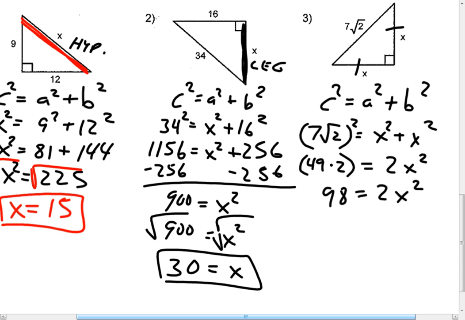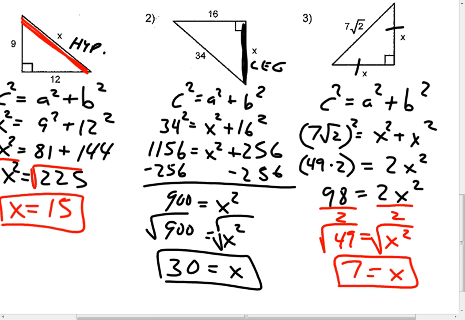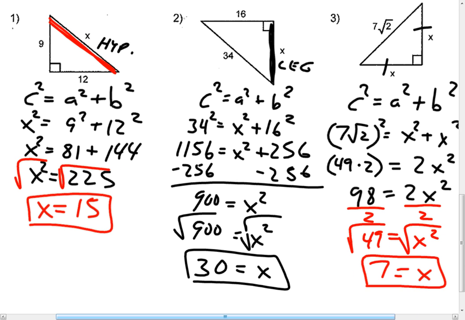What should I do first before I take care of the power of 2? I've got to take care of some division. I want to isolate that variable as much as possible before I do the square root. X equals 7. When we get to section 4, we will take a look at this and find a shortcut for this type of problem. You could have actually done all 3 of these with a shortcut,